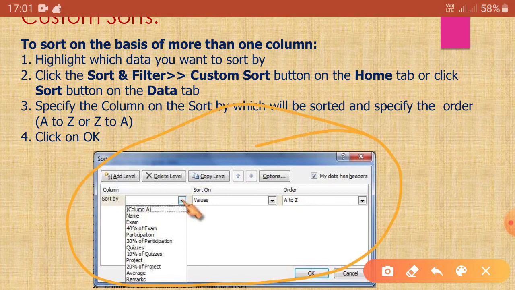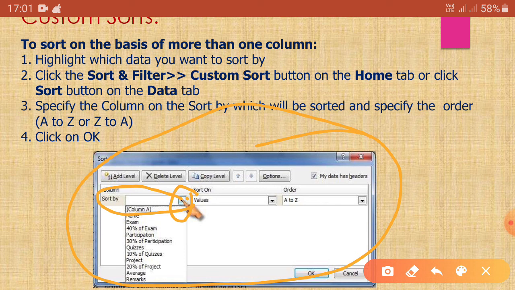To sort on the basis of more than one column, at first you have to highlight which data you want to sort by. You have to click here on sort by, click the drop down arrow, and all the options will be available under sort by.